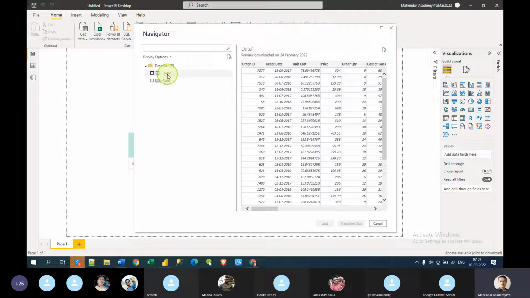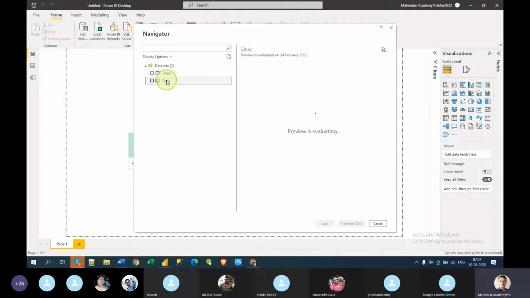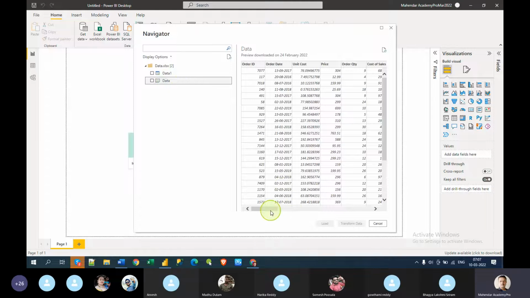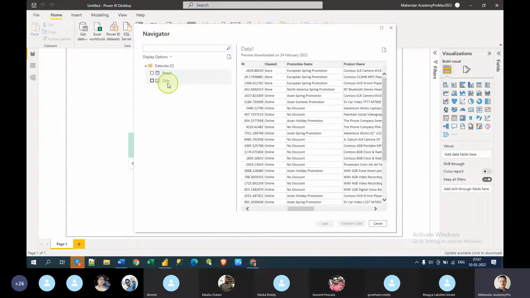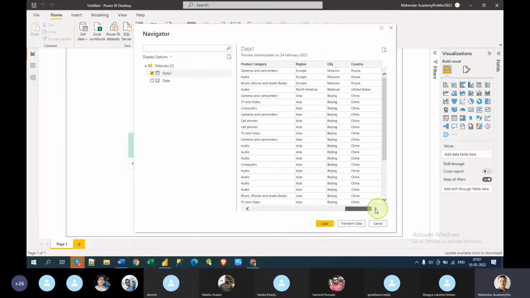If you already created the table inside the Excel, then that's fine. If you don't create that Excel data as a table inside the Excel, then it will give you two. I mean, both are the same, nothing else. Okay. You have to choose one of them. Let me choose this, and it looks very structured.